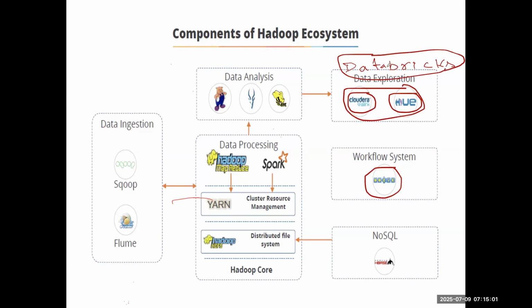Underneath you can use S3. Databricks can be used on the cloud also, on AWS as well as Azure. But mostly Cloudera and Hue, I remember, are on-prem. You should have your on-prem cluster, something other than cloud, local. Your company should have those clusters and manage them. Everything is done by those companies.